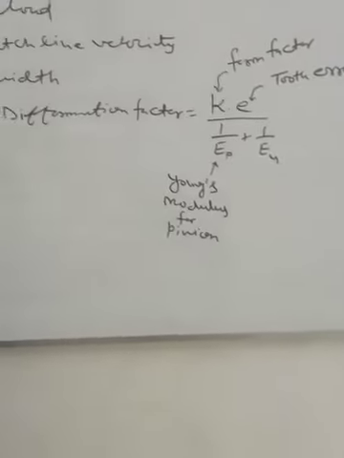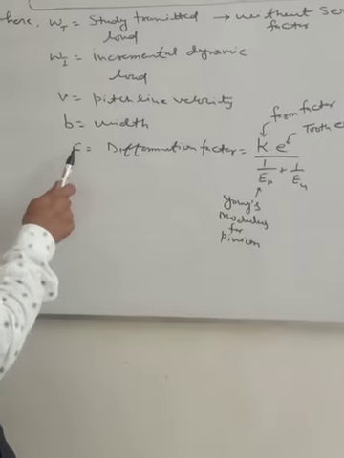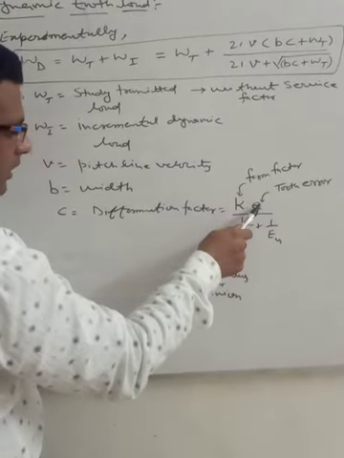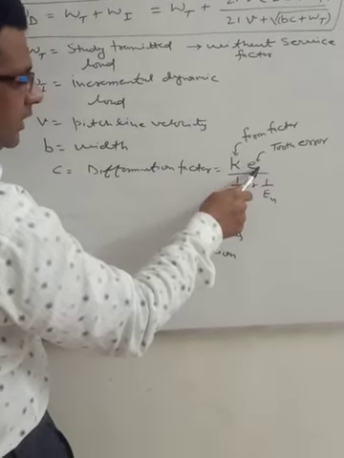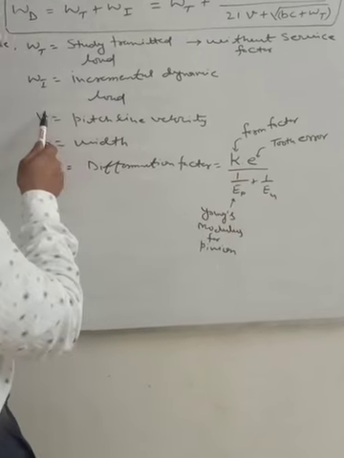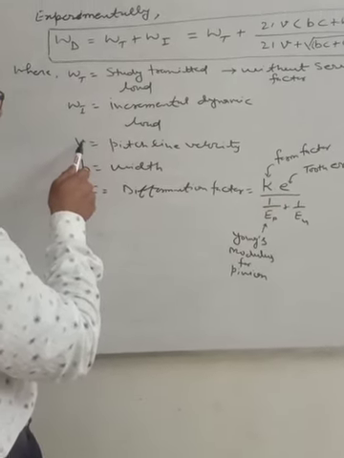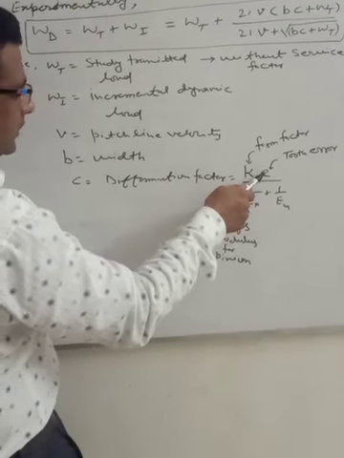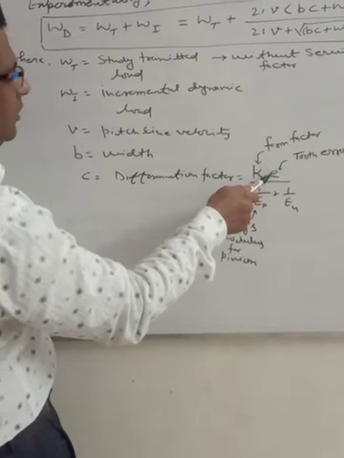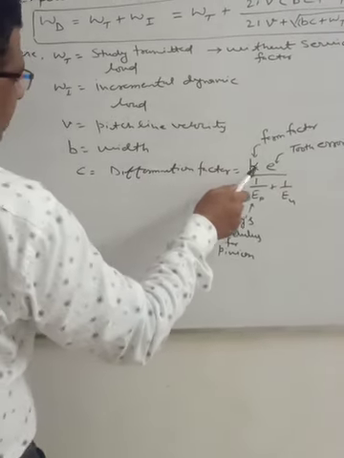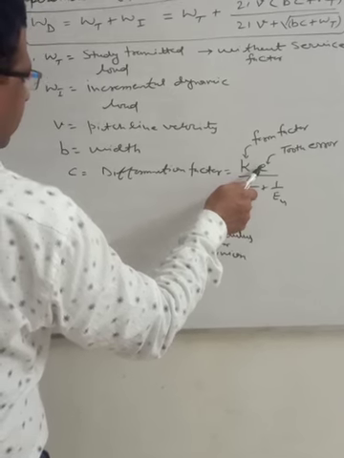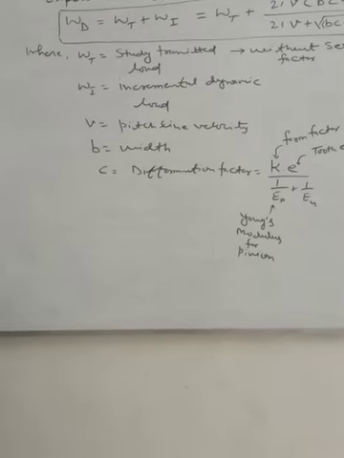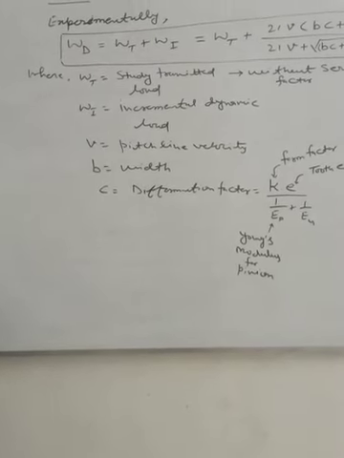We can also calculate the C by the help of this equation, or we can find out the value of this C by the help of this tooth error from the design data book. In the design data book, tooth error can be calculated on the basis of the pitch line velocity, or this tooth error can also be calculated on the basis of the module. After calculation of this pitch error from a table, we can calculate directly the deformation factors. From this, we can calculate the dynamic tooth loads.